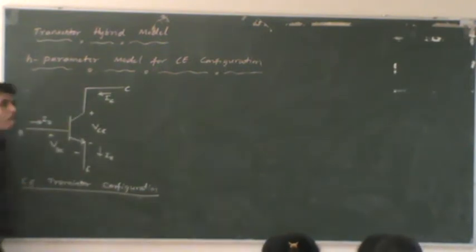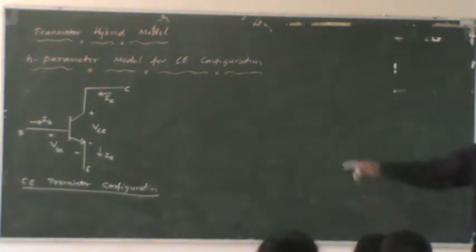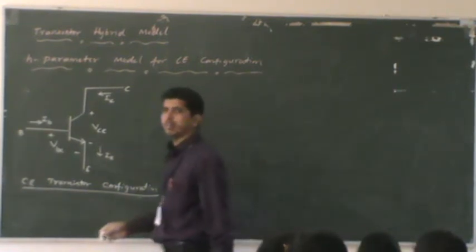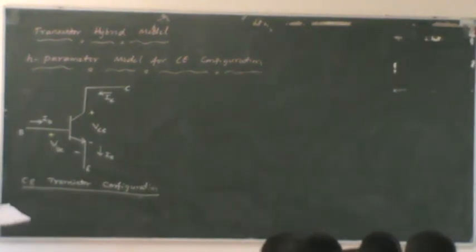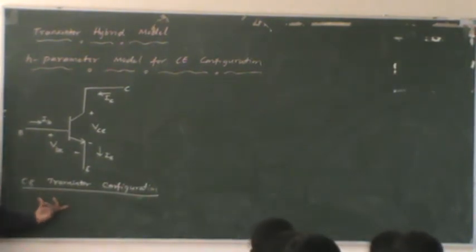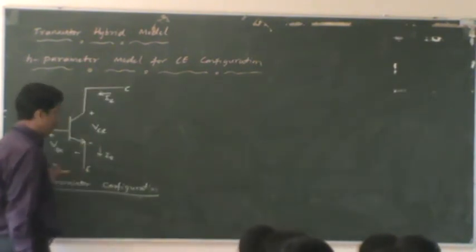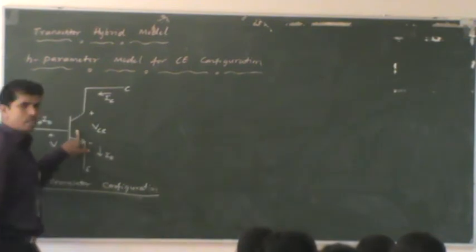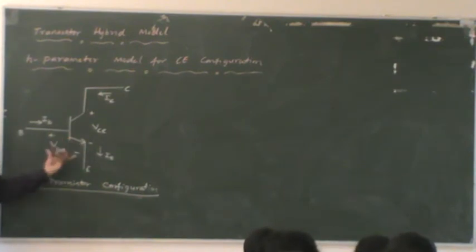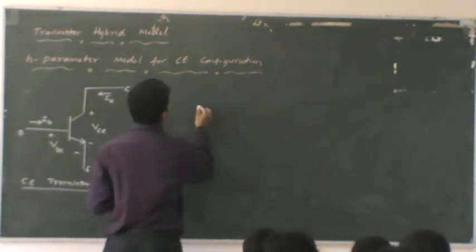I am going to show you the procedure, which you can use for other configurations also. I am just working out the detail for the common emitter configuration. You can follow a similar procedure for common base as well as common collector configuration to make the hybrid H-parameter model. Just now we showed a general network here. Now, can we convert the same network to the common emitter configuration? Replace this transistor with four parameters, H11, H12, H21, H22, so that this can be modeled using hybrid parameters. Let's replace this transistor with the four parameters that you can see here.